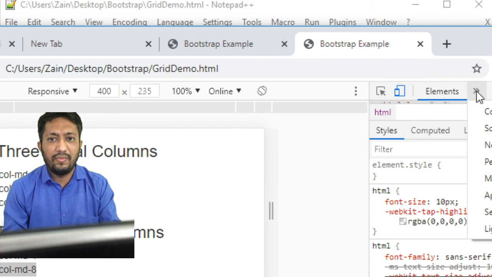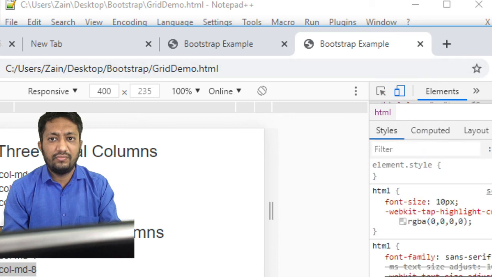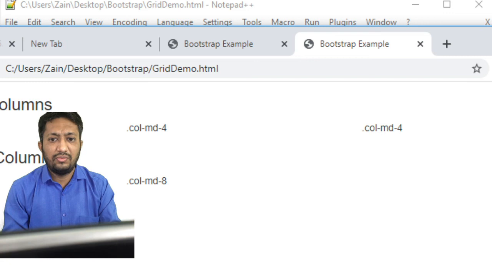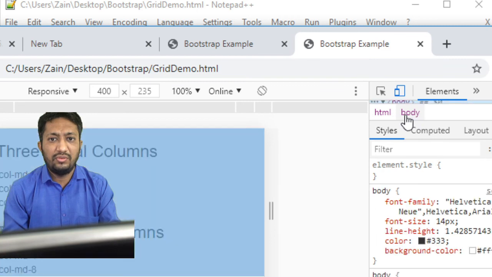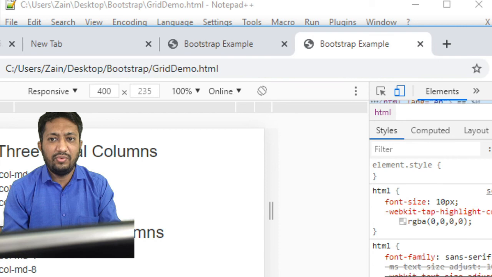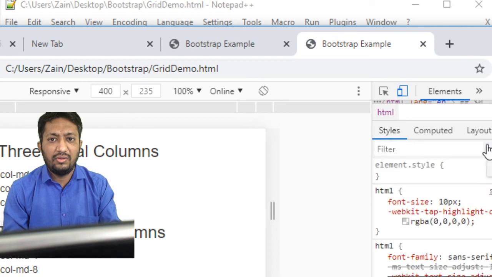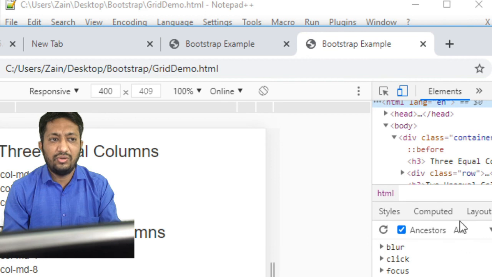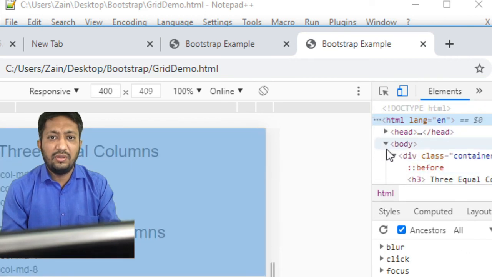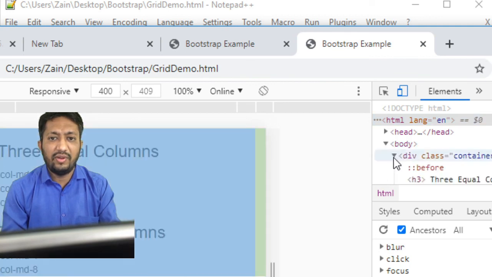In the body portion of the HTML code, here you can see the data item from where our page will be divided.